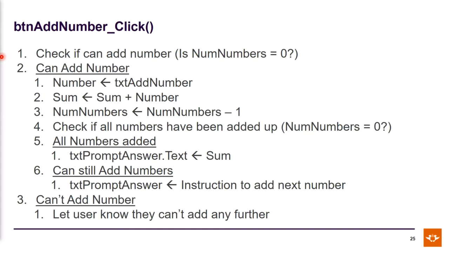1. So when I click the button and I put in 30 in the second text box and press the button again, what am I going to get? Will I jump straight to 3, or will I continue with step 2? I'll continue with step 2. Does this make sense? Okay, so I go into step 2, I take that 30 and I add it to the sum, which is 30 at the moment, because it's 20 plus 10. I get 30 plus 30 equals 60. What will I do with num numbers?